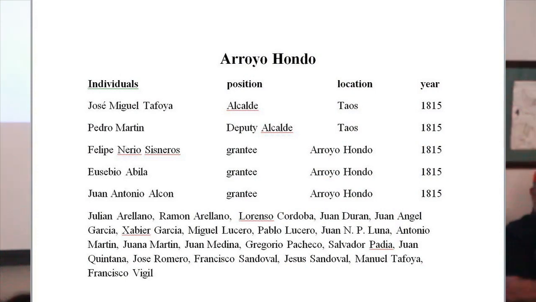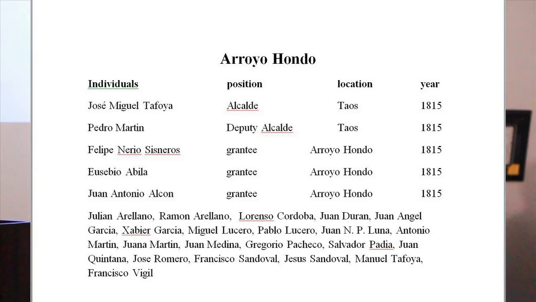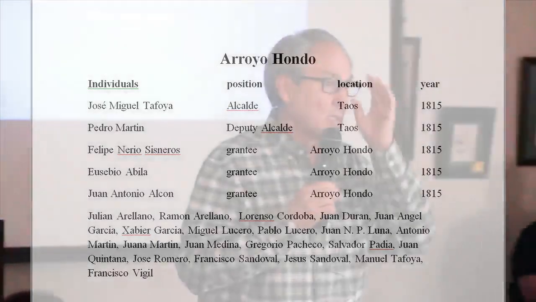So in Arroyo Hondo, the alcalde, and getting back to terms, and you're going to see this in the glossary, an alcalde was like a mayor type in each alcaldía.